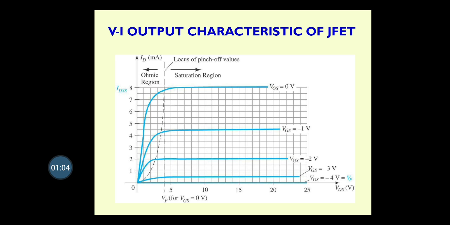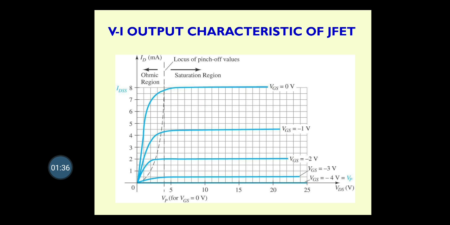So you can see the output current in JFET is drain current ID, so that is on Y axis. The output voltage of JFET is VDS, that is drain to source voltage, that is on X axis, and the input voltage VGS is constant. We have to keep one constant and then just go on changing the output voltage VDS and note down the output voltage and then output current.